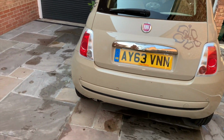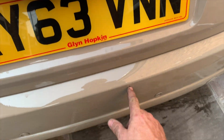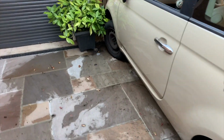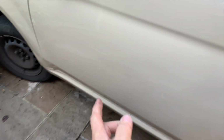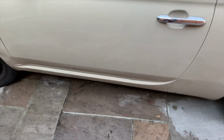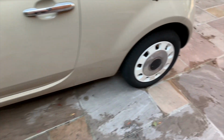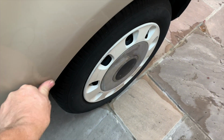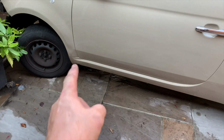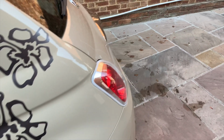It's clean now, as you can see. It's nice and clean. You can see a couple of little imperfections. You've got a little dig in the paint there. Obviously nothing much. It's actually pretty clean. It's been looked after. I think there's a bit of a mark there. I think that will come off. It doesn't feel like a scratch, so I think that will probably polish out. There's a couple of little bits here and there, nothing much. They'll all come out. It's just that little bit to pull out down the bottom there, and another bit on the other side,